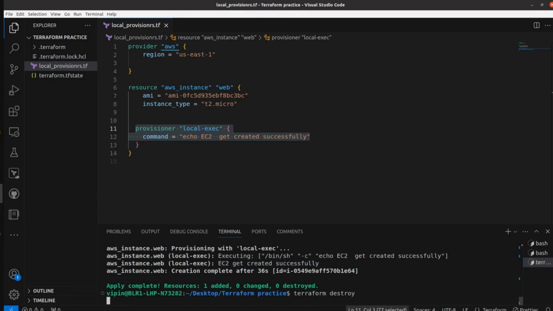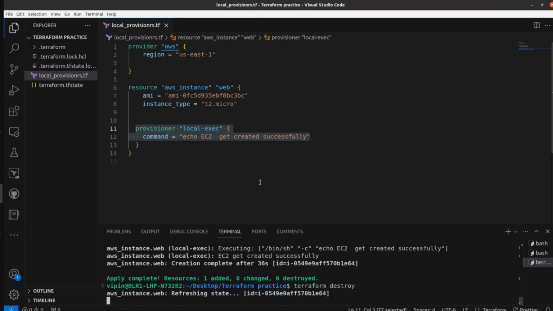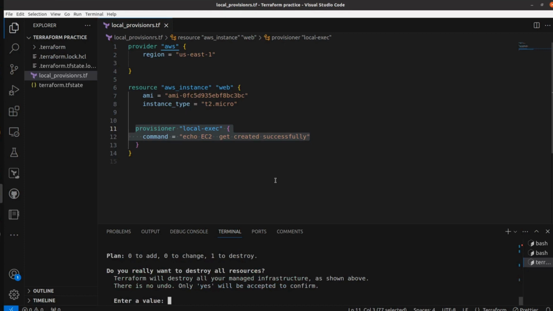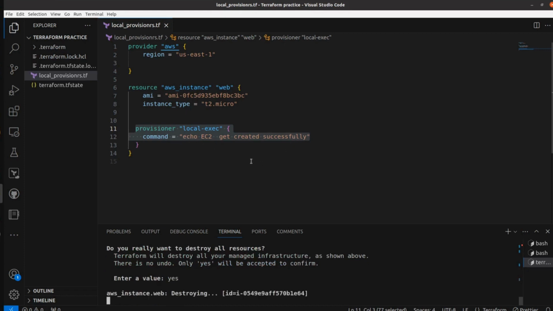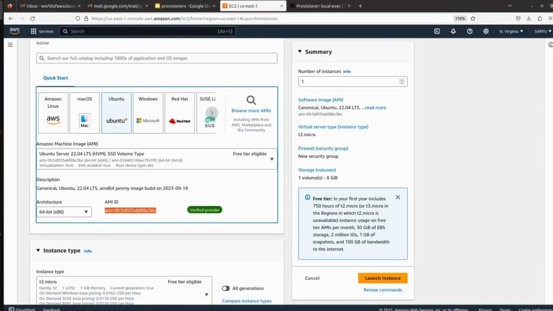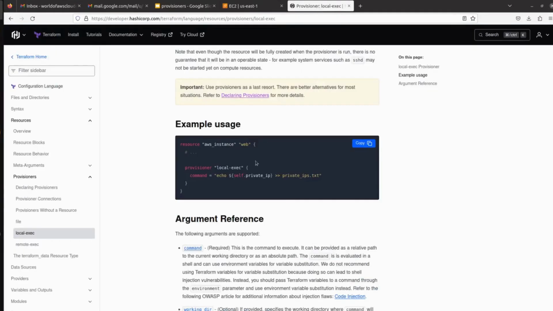This will destroy the resources that were created when we were displaying this message. Let's go back to the Terraform documentation, and we have to use this command: echo with a variable, self.private_ip.